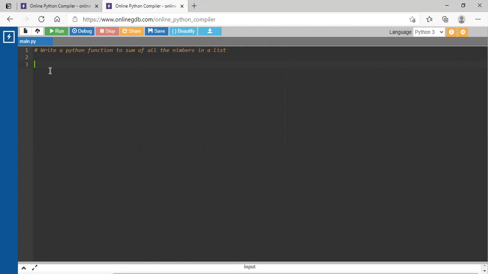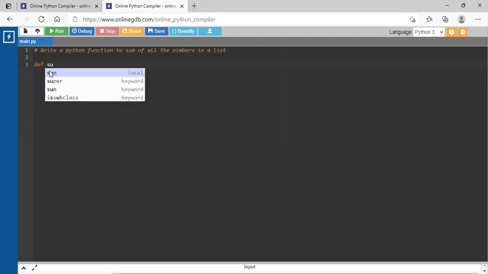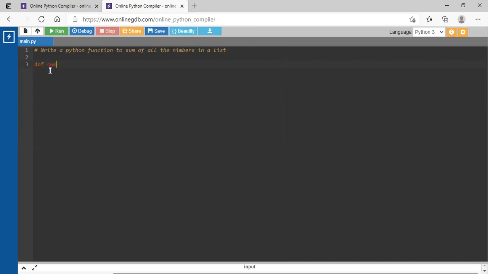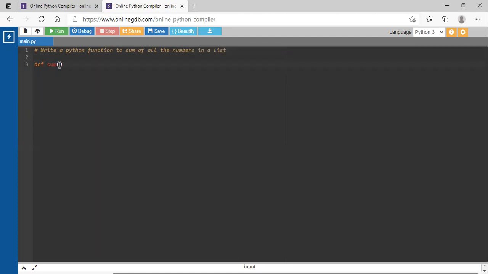So very first thing what we have done in the function part, whenever we create a function, it will start always with the def. So always take the function name as a valid one. So don't take A, don't take B. So right now I am doing the sum of all the numbers, so here I am taking the sum. So def sum. So what is the question? Read it carefully. Write a Python function to sum of all the numbers in the list.